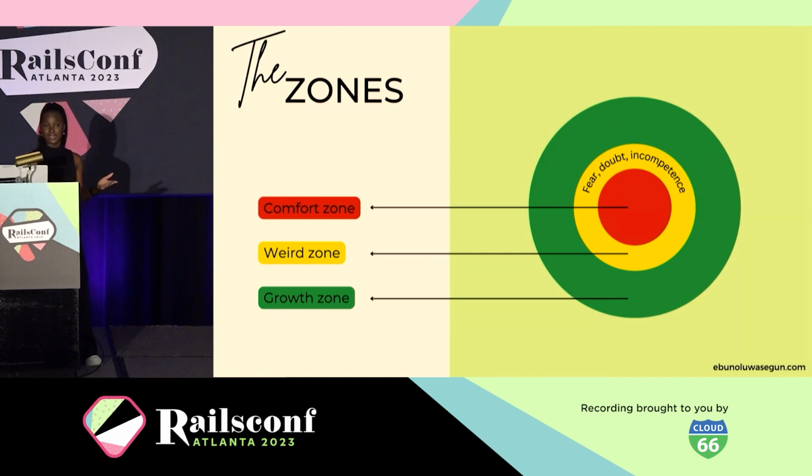Now, I say almost impossible because, quite frankly, some people are superhumans and they do not experience imposter syndrome. But for me, I sure do. I'm a normal person who, anytime I decide to step out of my comfort zone, I feel a little uncomfortable. And so from this diagram, we can make a deduction that imposter syndrome lives at the bridge between your comfort zone and your growth zone.